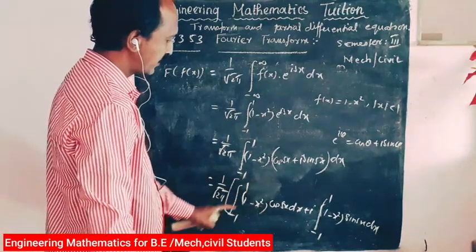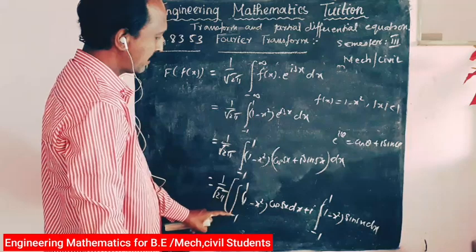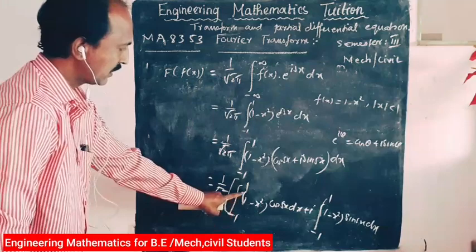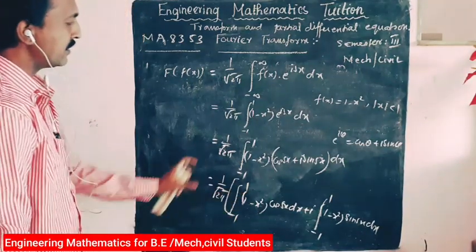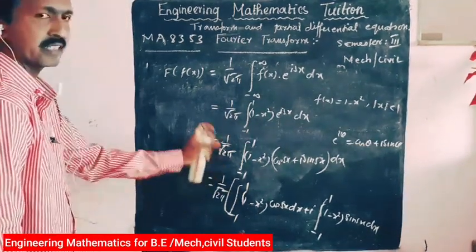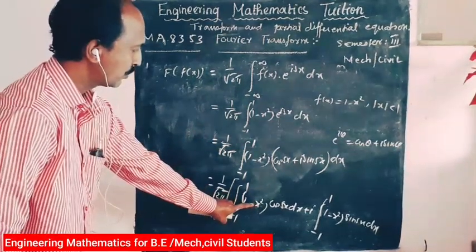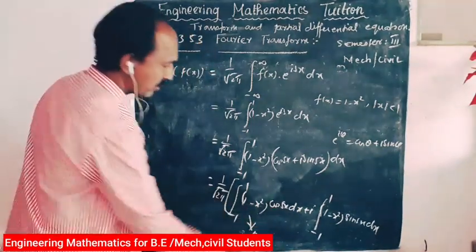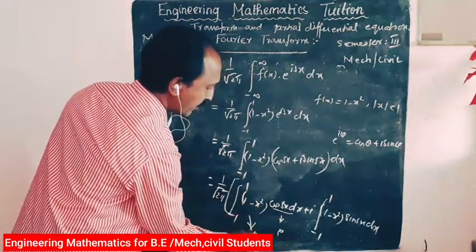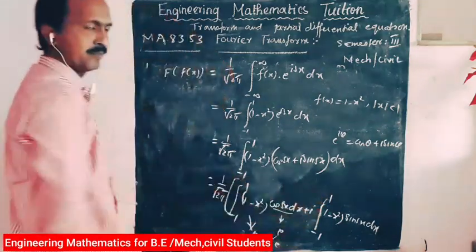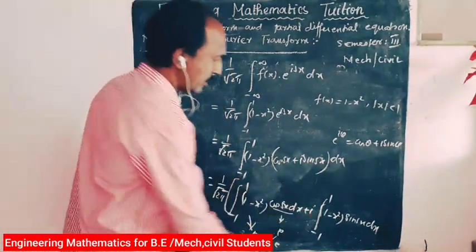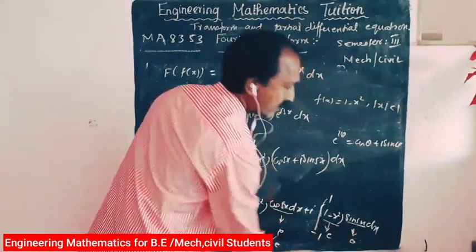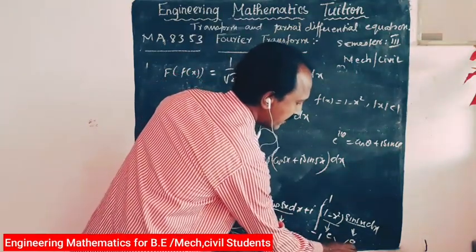Now, we check whether the given integral limit is in the minus a to a format or not. Here the limit is minus a to plus a form. So first we check whether the integrand is odd or even. In the given problem, 1 minus x squared is even, the cos is even. So the product of even into even is even. Then the second term, 1 minus x squared is even and sine is odd, the product of even into odd is odd.